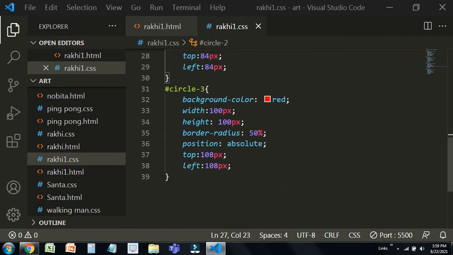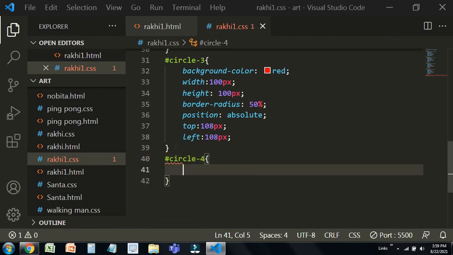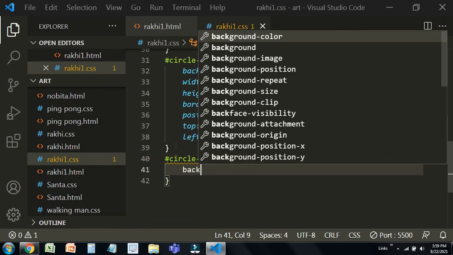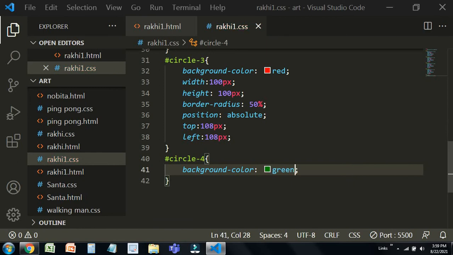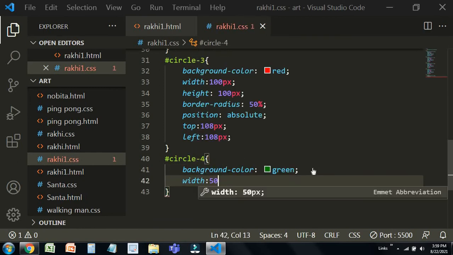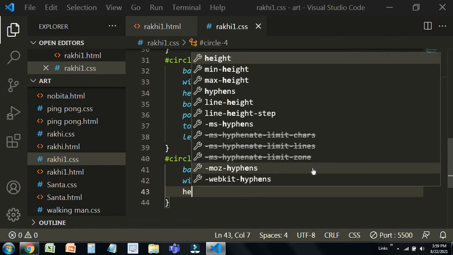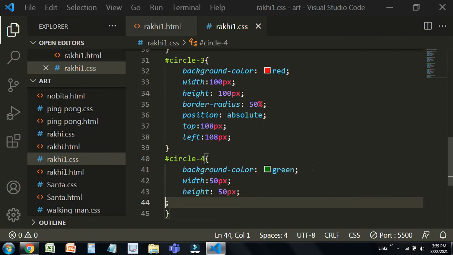Then circle 4's code, here it is. Circle 4, background color green, then the width 50 px, and the height needs to be 50 px.